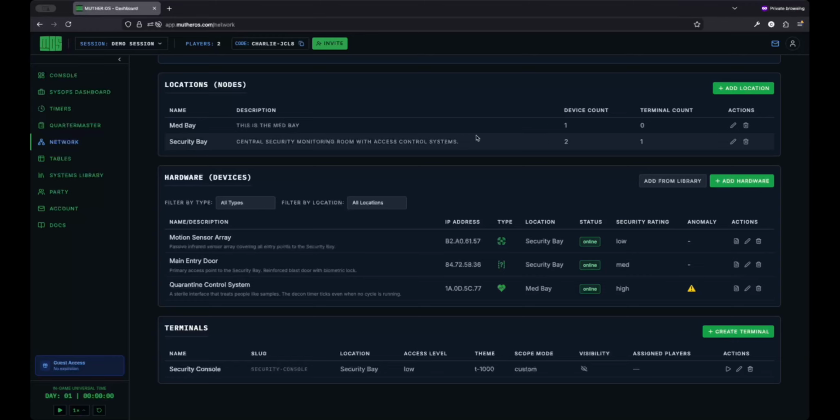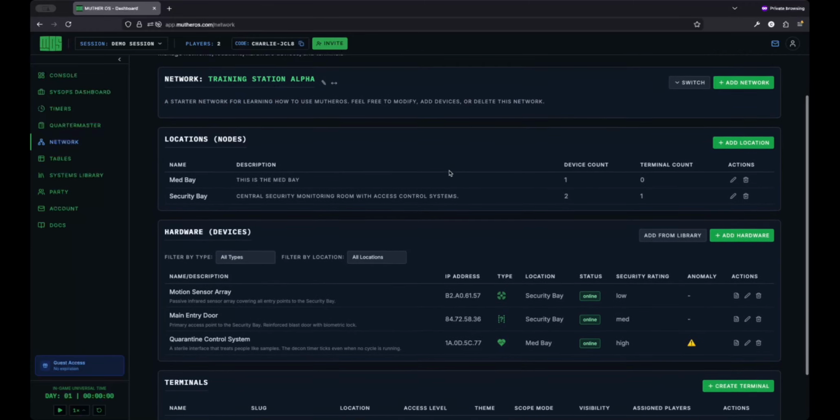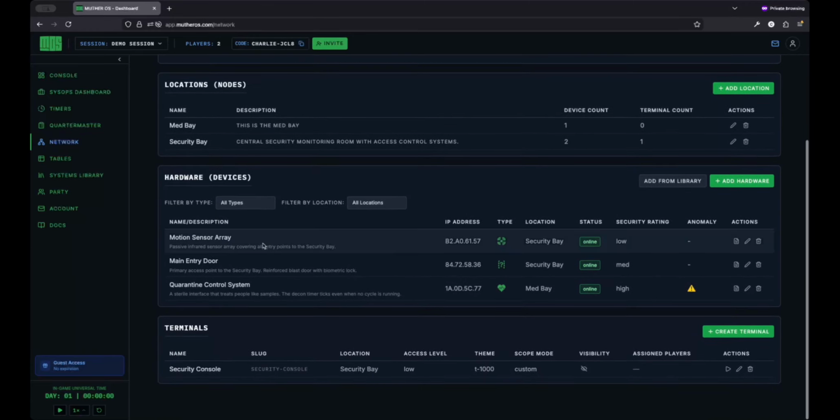Let's just go over a little bit at a high level for each device. So if we go and we see, we'll have the device name, the description, each device will have its own unique IP address. And this is used so that when the players are in the terminal, they can actually type the connect command followed by the IP address,